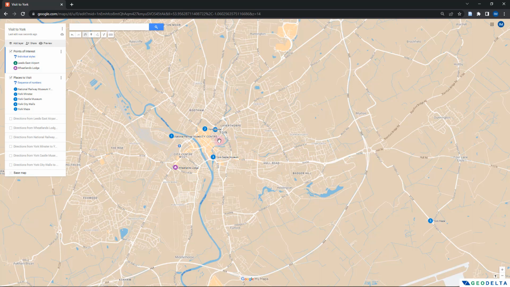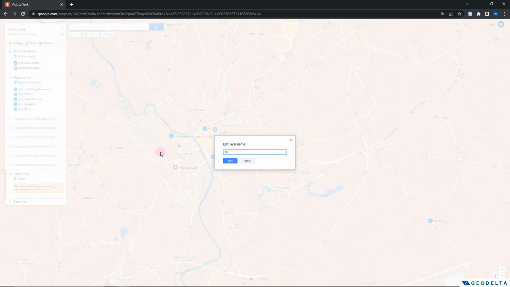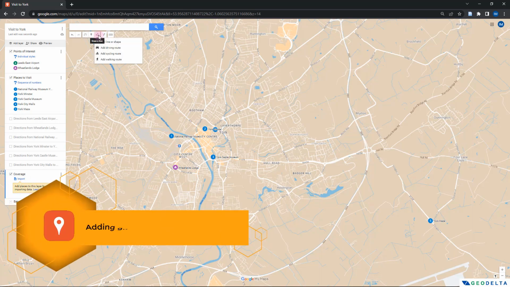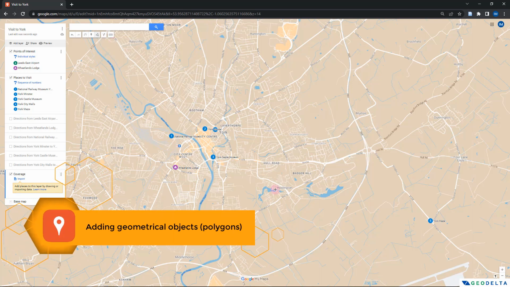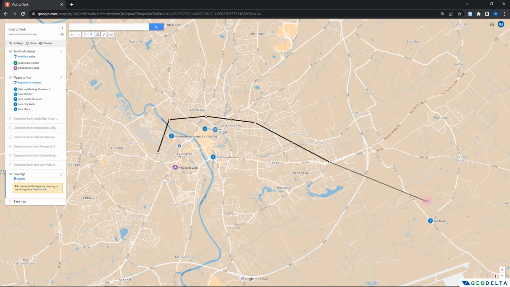locations in York. So I'm going to add a new layer called coverage, and make sure that I have selected this new layer. And now I'm going to go back to the same tool, draw a line or shape, and this time instead of drawing just a line, I'm just going to roughly trace a polygon in this manner